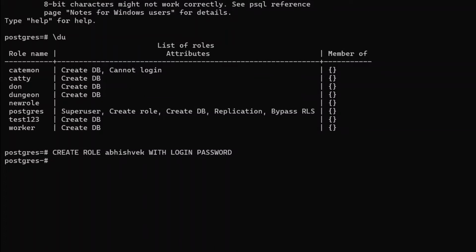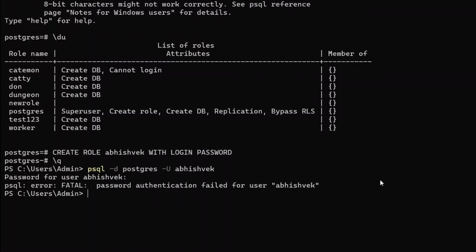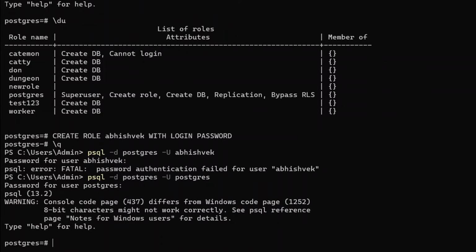Cool. So once we have done this, we can simply come out of the following thing, and if I simply log in one more time, but here I will be having the new user Abhishek that we have just created. So let's have -U Abhishek, press enter. Cool. So it will be requiring a new password. Let's provide a password, but you know what, we haven't provided a password to our user. So what we can really do is log in one more time as the postgres user, which is a superuser, press enter. Cool. So now what we can really do is simply check our entire users.